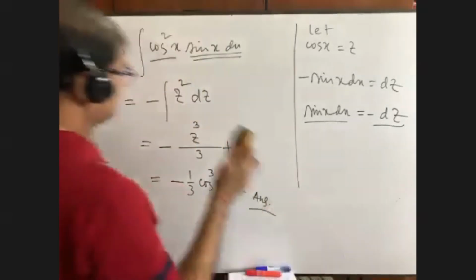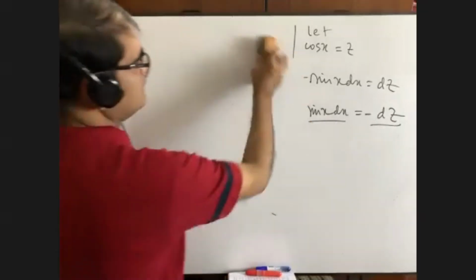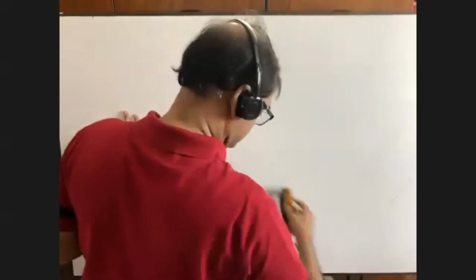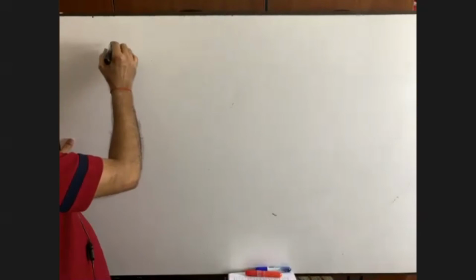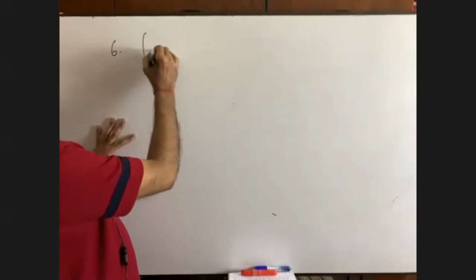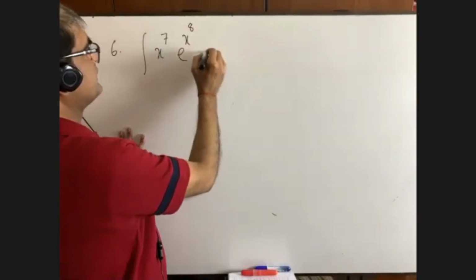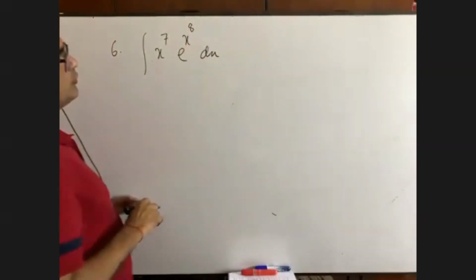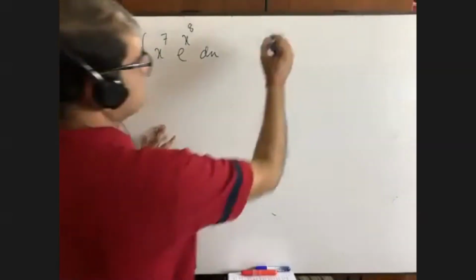Okay, now we are getting another math, very interesting math. Actually, this chapter is the most interesting and the most important. But if anybody fails to do any of the maths from this exercise, remember one thing. She cannot do any math afterwards. x to the power 7, then e to the power x to the power 8, dx. Now let me know